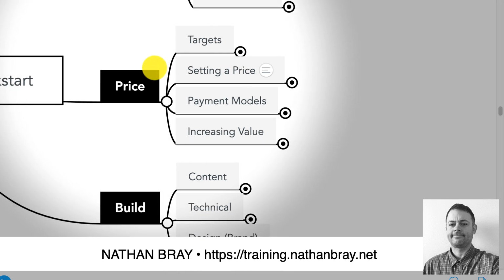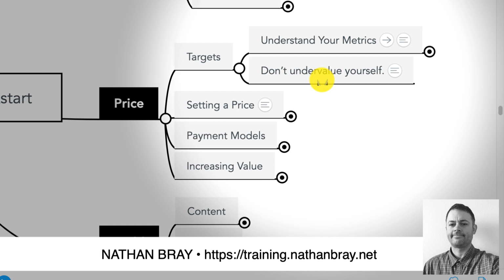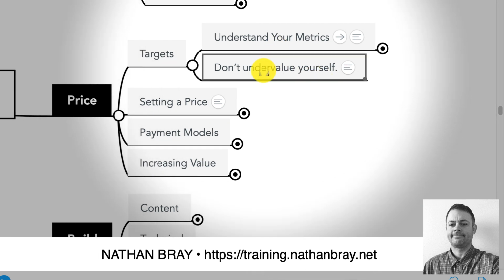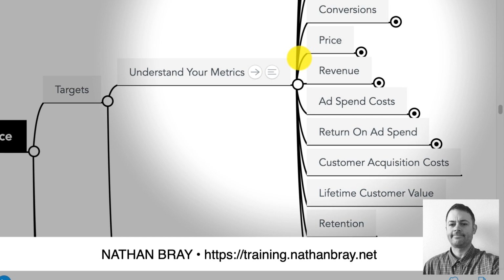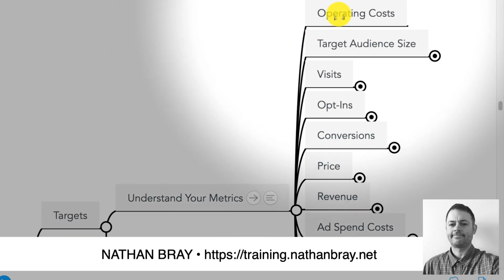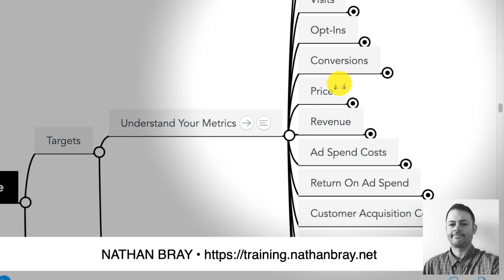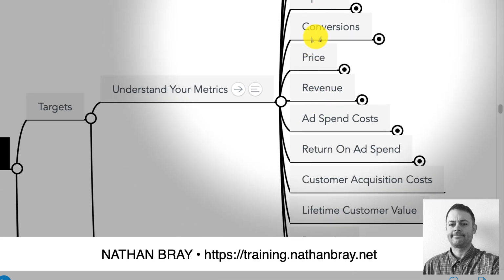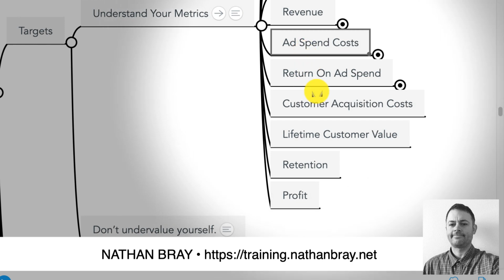There's some good stuff here, especially in the pricing. I'm going to get into some things, as far as understanding your metrics, which hopefully will bring you to a point where you don't undervalue yourself and charge too little. So again, we get into things like operating costs and figuring out how big your target audience needs to be, what kind of visits, opt-ins, conversions you'll need, at what price to generate the type of revenue you want, and then take a look at the costs such as ad spend, return on ad spend,